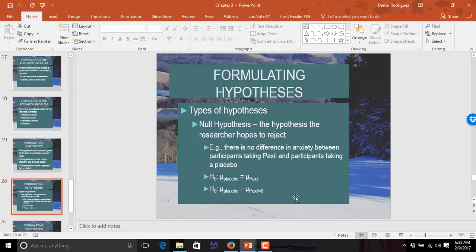Let's say we're doing post-test. And our null hypothesis is that the mean anxiety is equal in the placebo and the Paxil group, which is the same as the mean in the placebo group minus the mean in the Paxil group